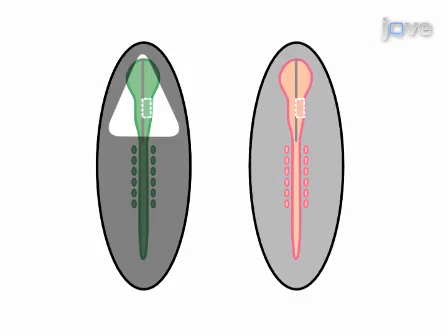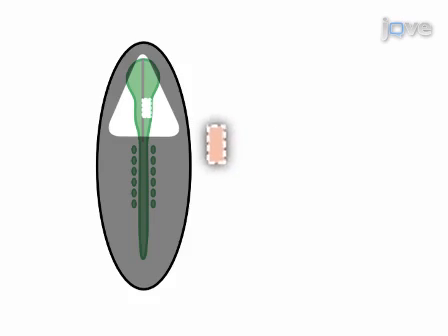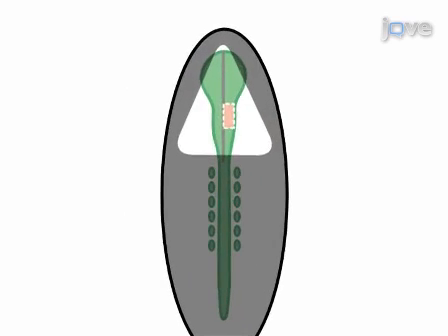In the next step, the region of interest is excised from the host embryo's neural tube. A similar region is then excised from the donor neural tube for grafting. Next, the donor neural tube is transplanted into the host neural tube. Finally, the chimeric embryo is incubated to the desired stage for detection of neural crest-derived cells in the organ of